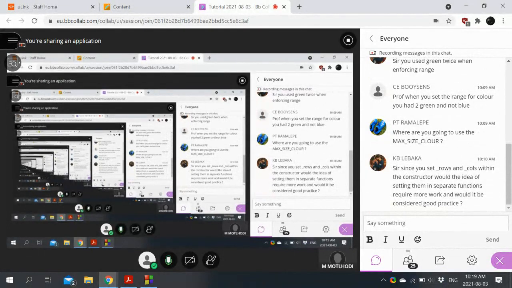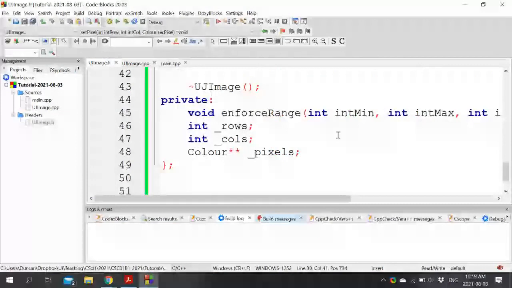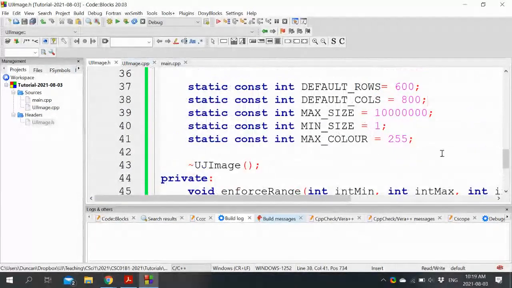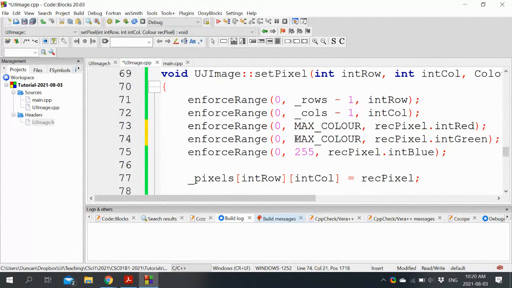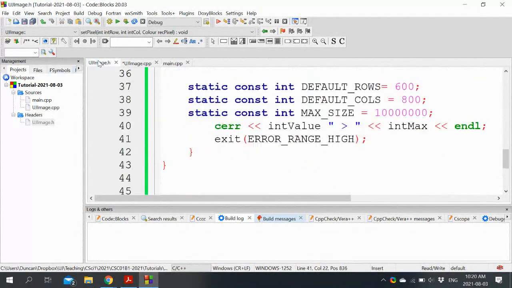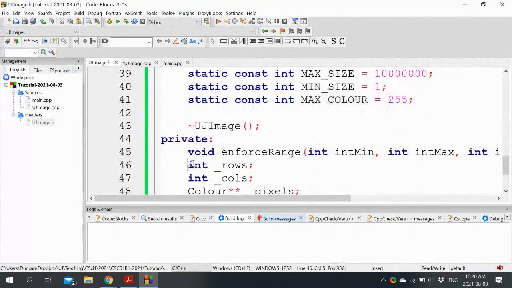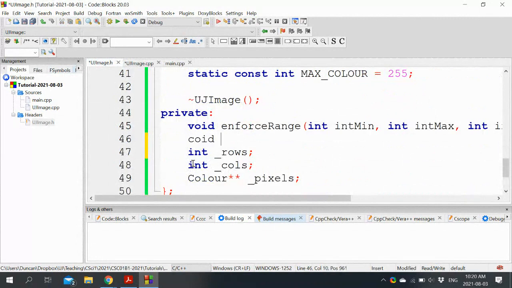Where are you going to use the max size color? Did I not do that? Did I define that? I did. Oh, that's silly. Yeah, I may as well have used that inside. Oh, again, should really have just done a... If you end up doing this more than once, then your life is telling you something. So we're just going to do a validate pixel color.